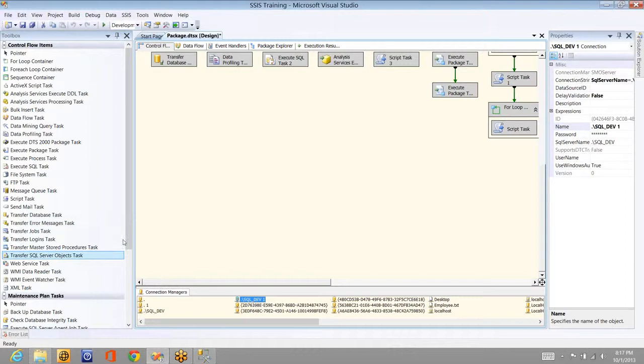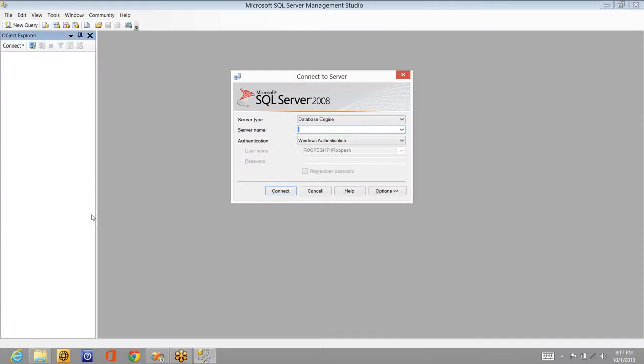So till now we dealt with the moving of data, right? Import, export wizard, moving data from one server to another server. But these options will help you in moving database objects like databases or error messages or jobs, logins, and so on. So you need two different instances or two different servers. What I have done is I have installed two instances here. The default instance, that is localhost.